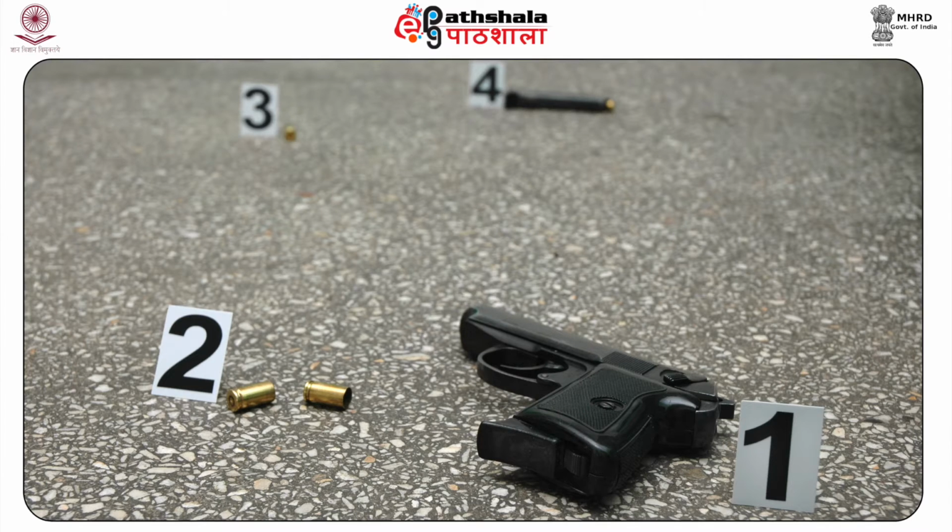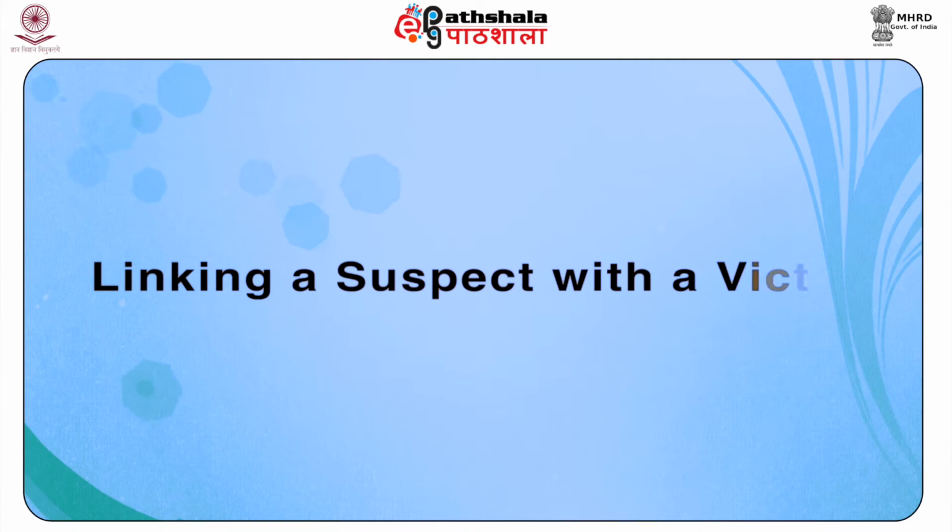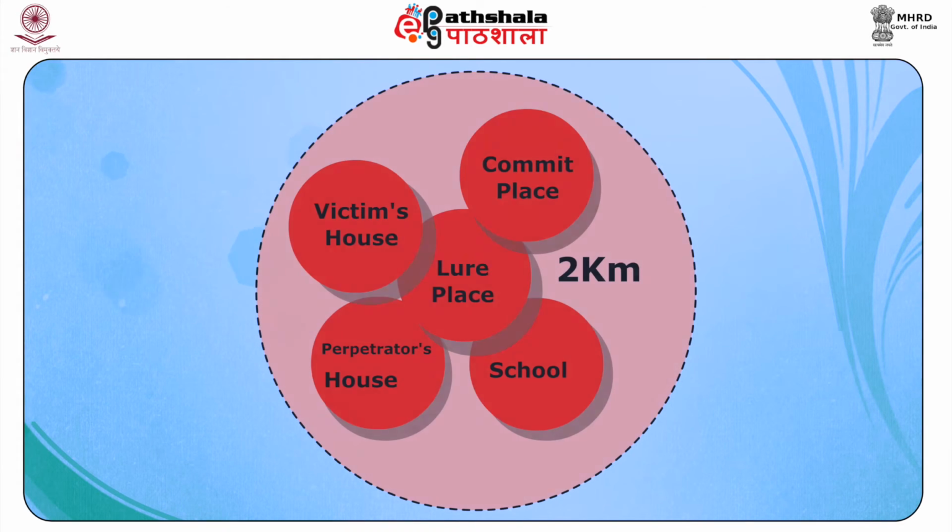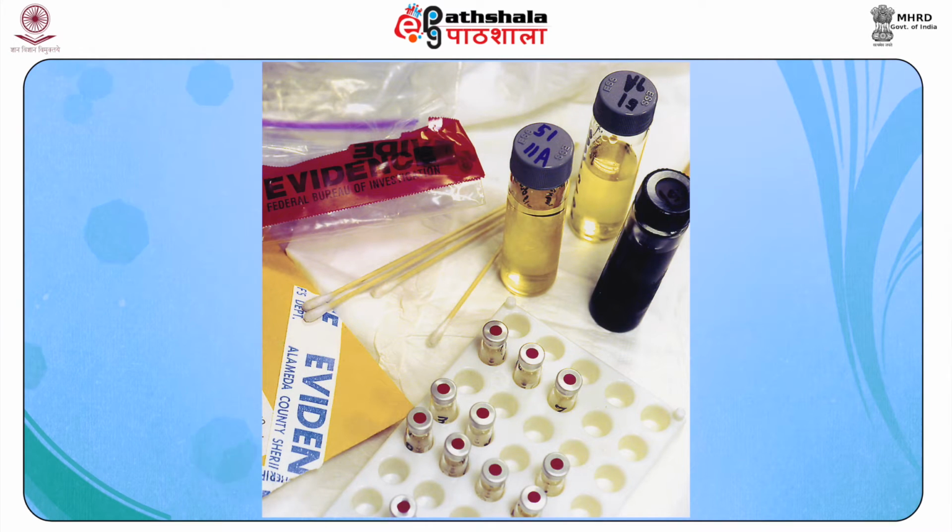Two-way transfers of trace evidence can be used to link a suspect, a victim, or even a witness to a crime scene. Next is linking suspect with the victim. The physical evidences can help to establish a decisive link between the suspect and the victim, particularly in the case of violent crime. Evidences such as blood, hair, cloth fibers, and cosmetics can be transferred from a victim to a perpetrator or vice versa in the movement of a crime.